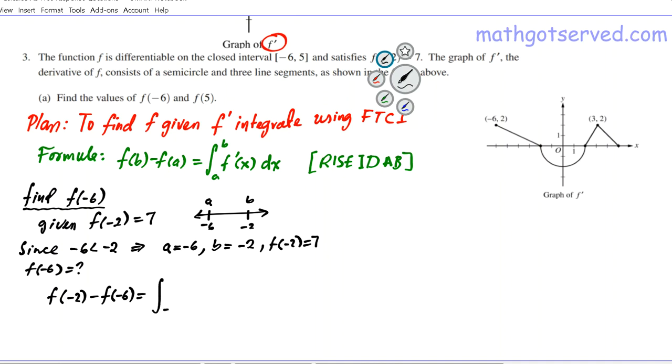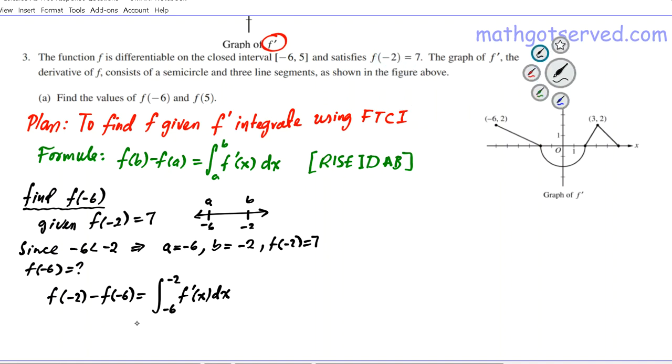So a is negative 6 to negative 2 of the derivative f prime of x dx. Alrighty, so let's do it. So we know that f of negative 2 is given to us. F of negative 2 is covered up here. F of negative 2 is 7. We also specified it here. So 7 minus f of negative 6 is going to be,